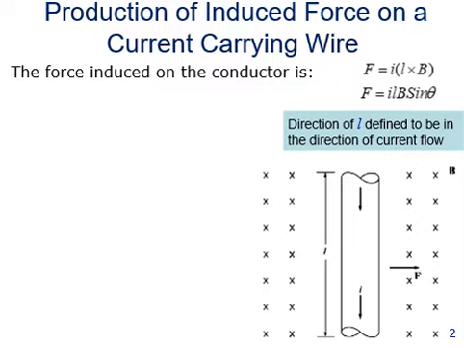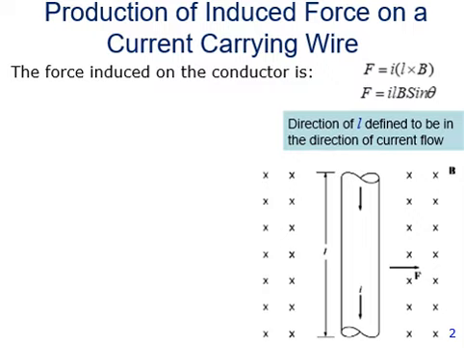It would be L cross B, where L is the length of the conductor and B is the magnetic field,